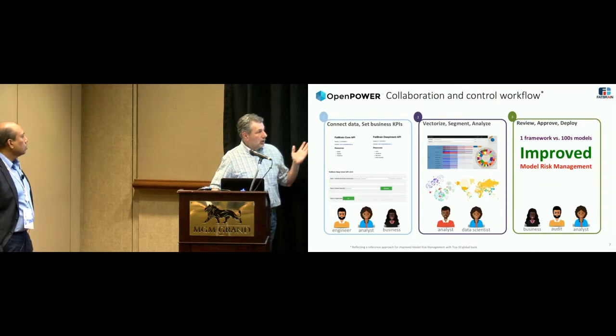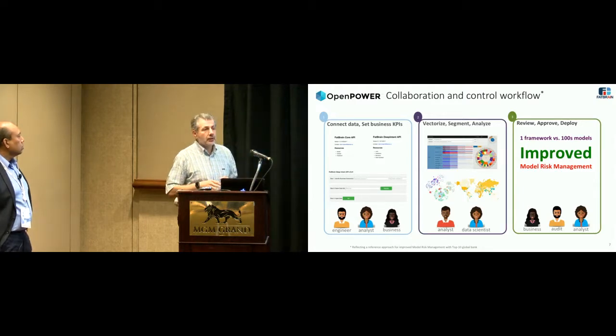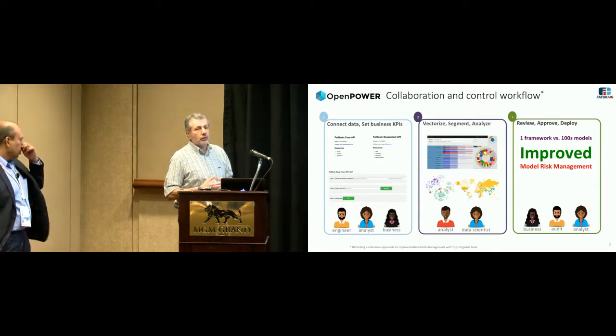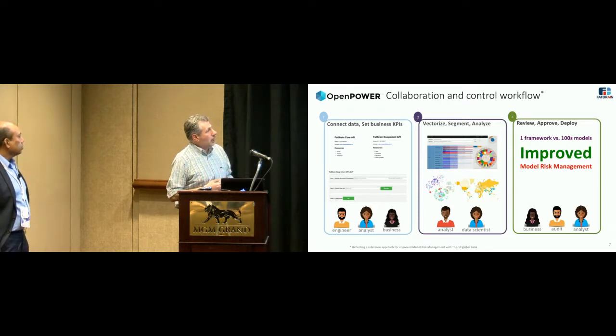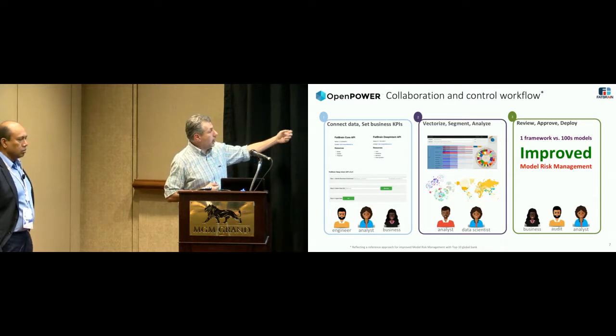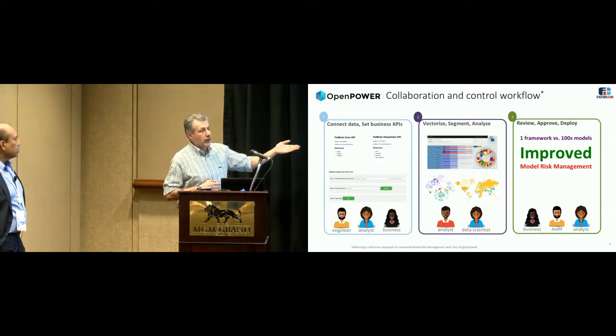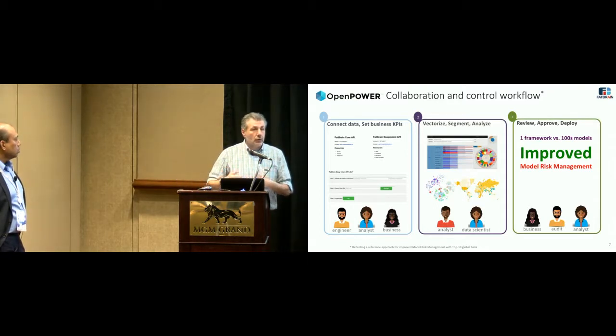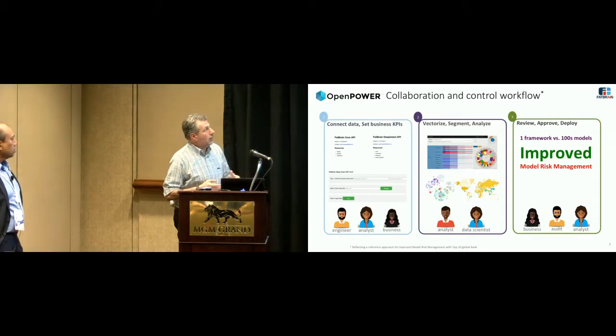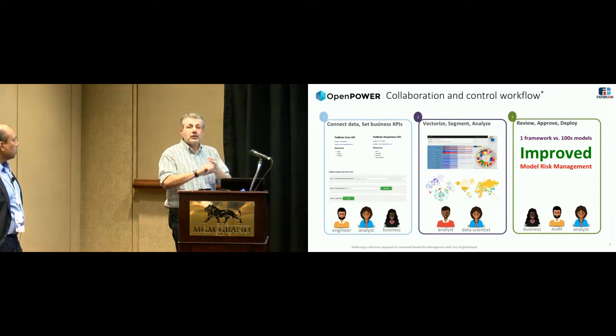This is what the collaboration workflow looks like. It's a piece of software that gets deployed on gear in place. But the constituencies that it serves are engineering, from a perspective of setting things up. So, connecting to data, you would not ask an analyst to do, but an engineer would do that. But an analyst would set up the KPIs across which they would want to see some sort of business outcome. And the same thing for an owner of a line of business, right? An owner of a line of business would be the one who's thinking through those issues. The folks who are vectorizing, segmenting, and analyzing from the previous slide would be analysts and data scientists.